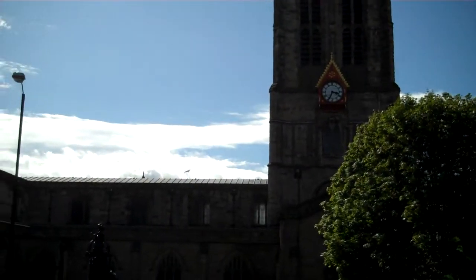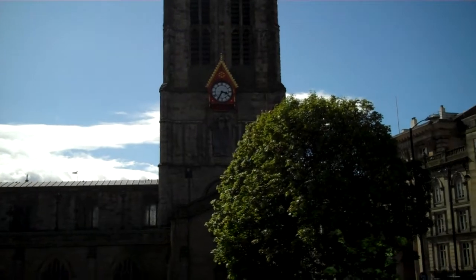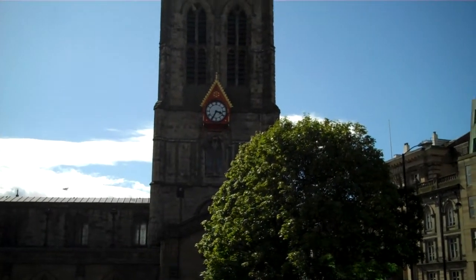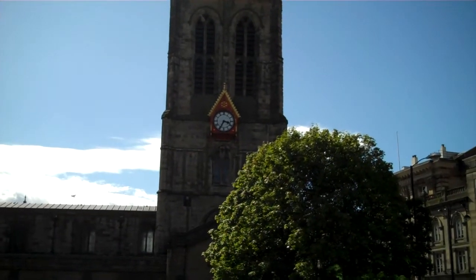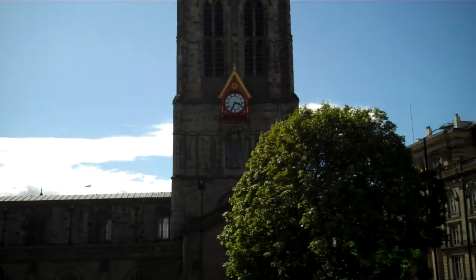Behind it is the castle. You can see the flags up. And during the siege in 1644, during the Civil War, Newcastle sided with the Royalists, on the side of Charles I. It was besieged and it was captured in 1644. But during the siege,